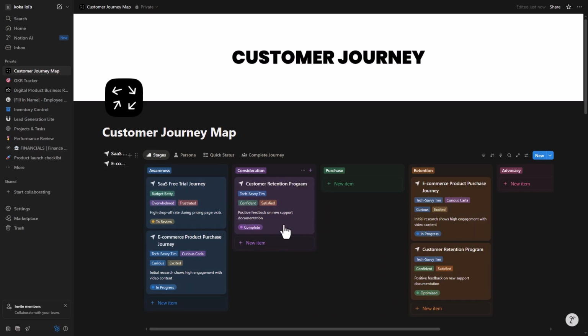This ensures every update to customer data reflects in the map, keeping it a living tool instead of a static document. And that's it, how you can make your customer experience more transparent and actionable using a journey map template in Notion